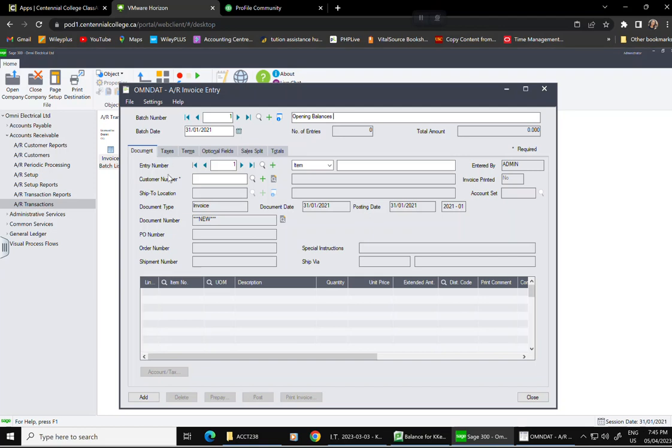What we wanted to do under entry 1 is an item. It's entry number 1, and it is a summary. That's what we wanted to do. We wanted to do a summary. When we're doing a summary, we need the name of the customer. In this case, the name of the customer is Union Electrica, and